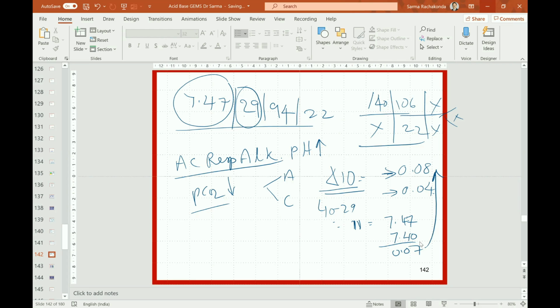Okay, by doing this calculation, let us say you get 0.06. Then can you say it is 0.8 or we're nearer to that? Supposing, instead of 0.07, you got 0.06 in the calculation, then you do not know whether it is acute or chronic, and the treatment is different. So, what do you do at that time?